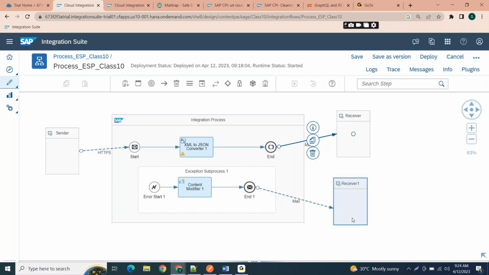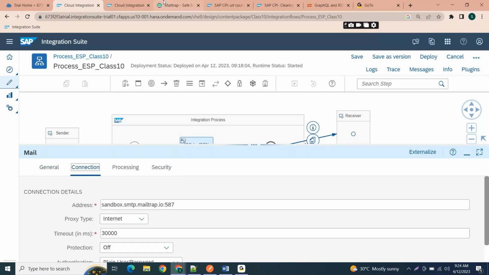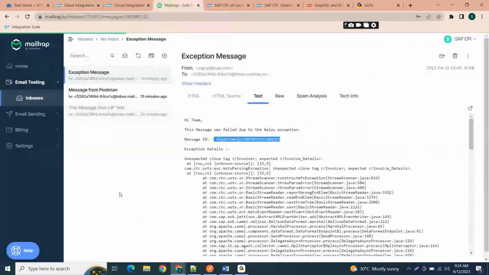Okay, so now see, previously we checked this conversion error, right? The conversion error. If any connectivity issue happens at the target side, for example, any connectivity issue. Actually, connectivity issue in the sense, for example, this server under